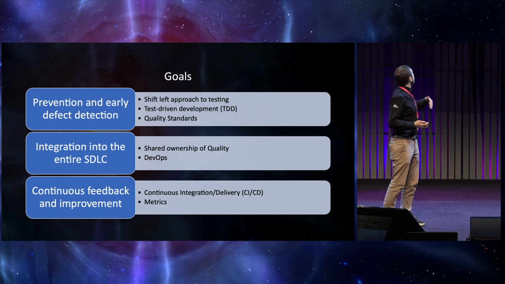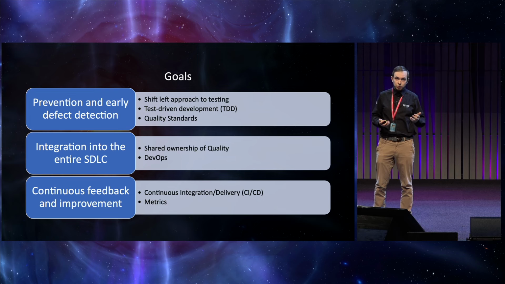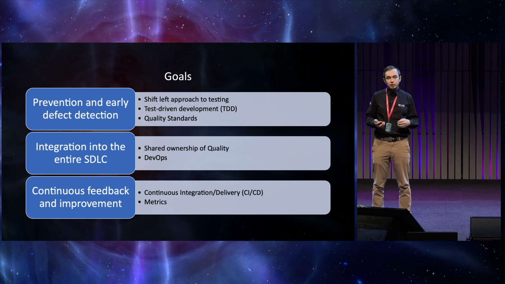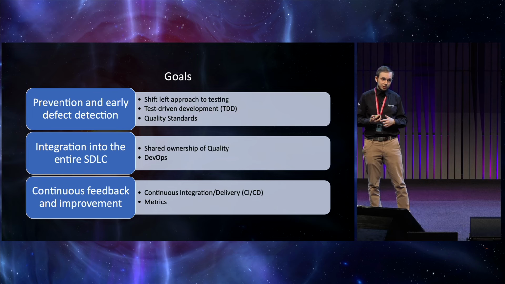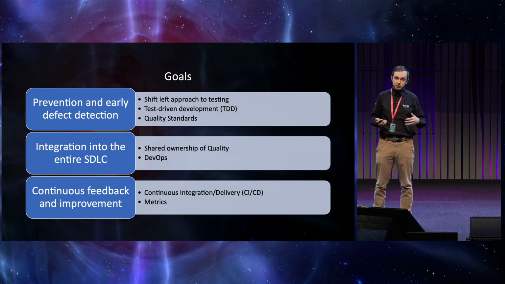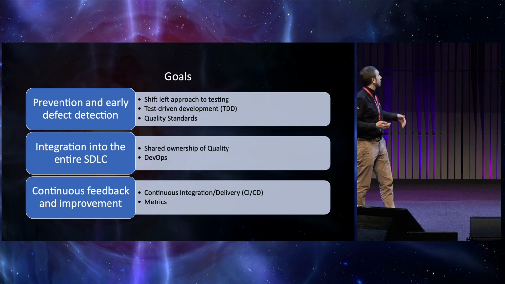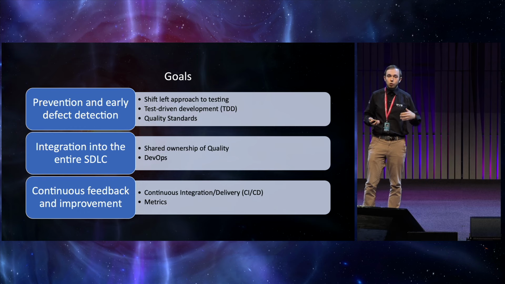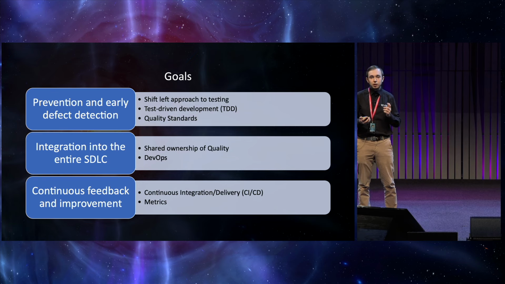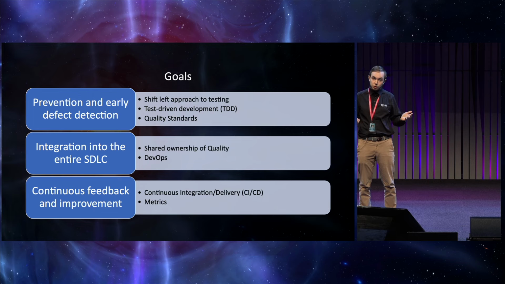And the framework we use for that is called test-driven development, or TDD. Traditionally, we write code first, and then we write tests to cover this code. In test-driven development, we write tests first, and then we write code to pass these tests. And this ensures that our code is testable, that we have a good test coverage, and a good quality of our code. And to wrap this up, we have a number of quality standards that all our services should adhere to in terms of performance, security, test coverage, and so on.